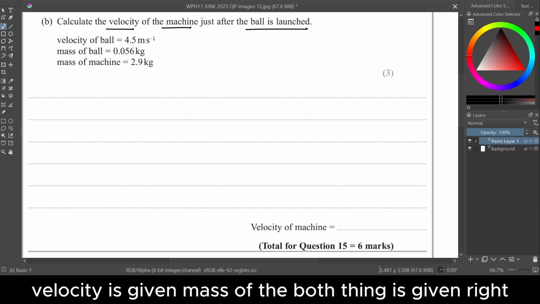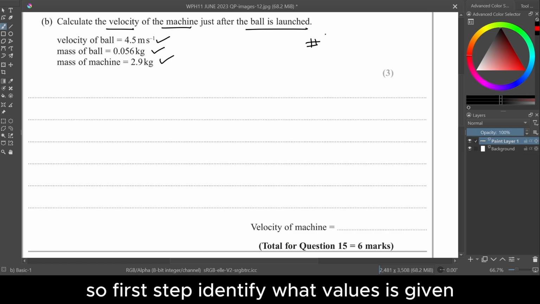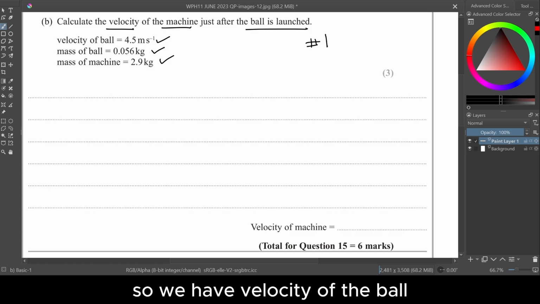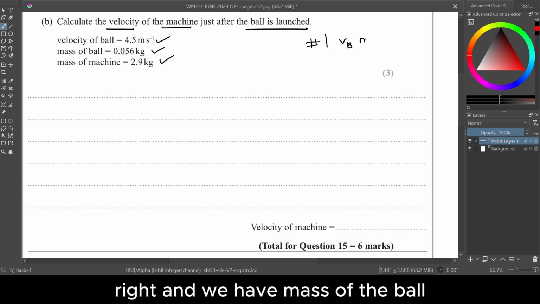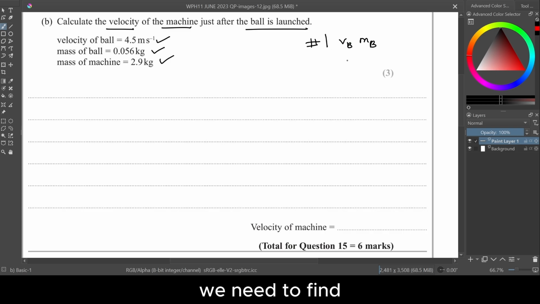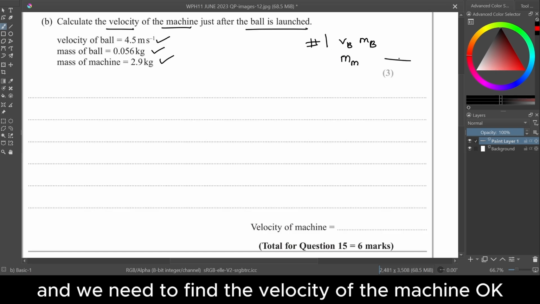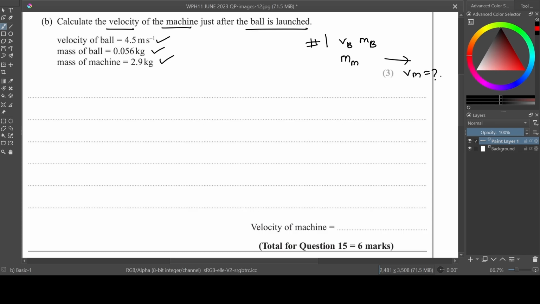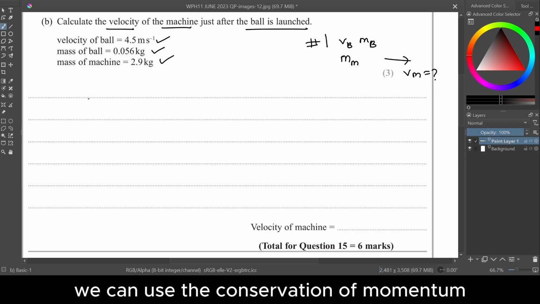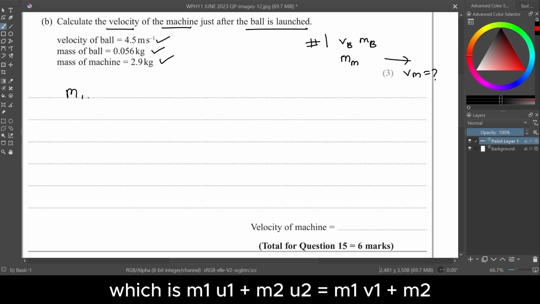Okay, velocity is given, mass of both things is given, right? So first step, identify what values are given. So we have velocity of the ball, right? And we have mass of the ball. We also have the mass of the machine, right? And we need to find the velocity of the machine, okay? Simple. We can use the conservation of momentum, which is m1 u1 plus m2 u2 is equal to m1 v1 plus